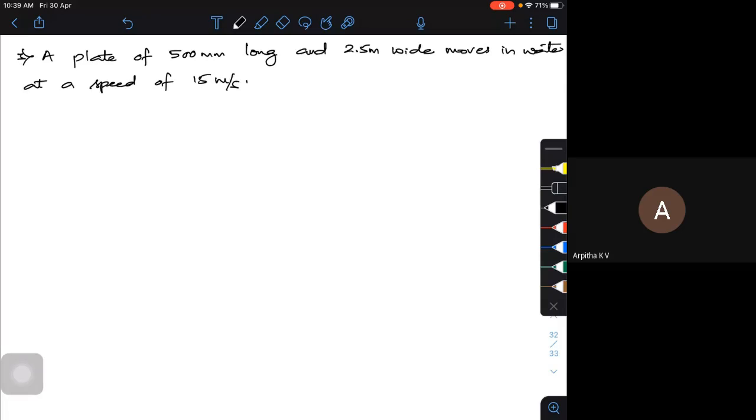Estimate its drag if the transition takes place